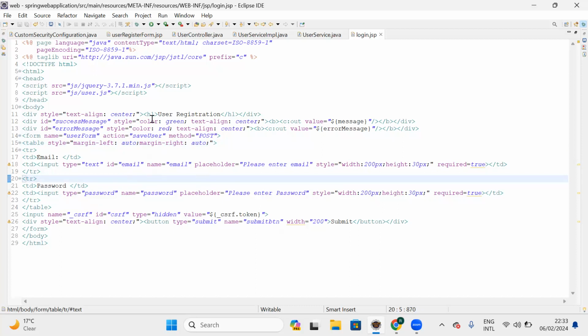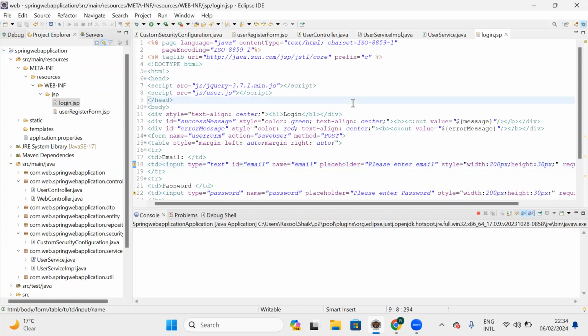So now after that, this jquery.user.js, later we'll use this one, so not now. So now I'm going to change user registration to login. Now the remaining we are needed in future. Okay, so now let me